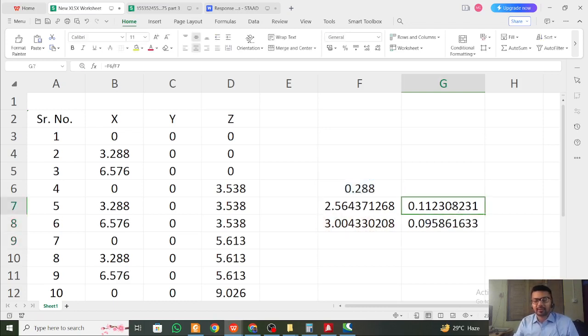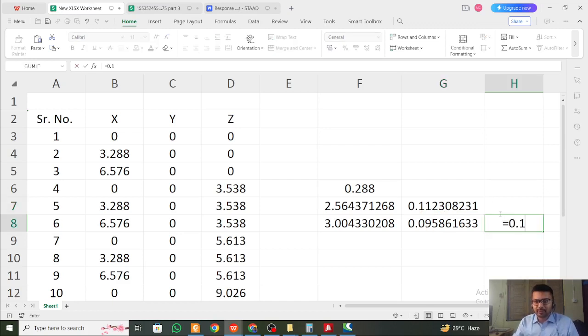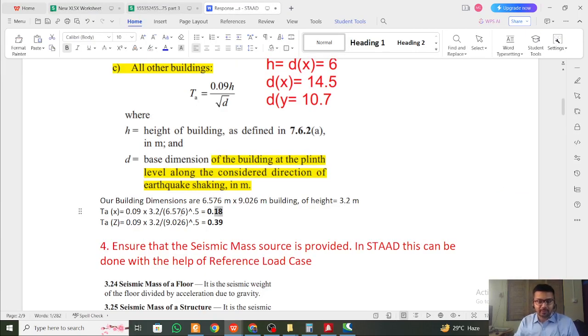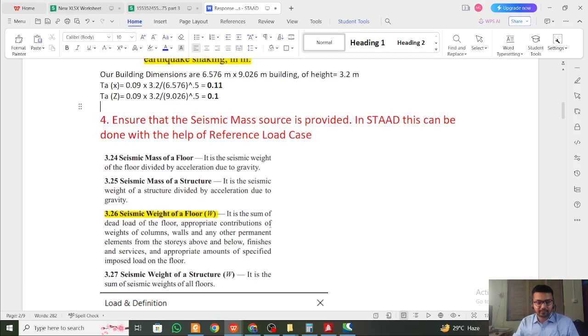Okay, so this is the accurate value, 0.11 and 0.09. So let's take this 0.11 and 0.09. So let's take this as 0.1 and let's take this as 0.11. Okay, so 0.11 and 0.1, in both directions. Now